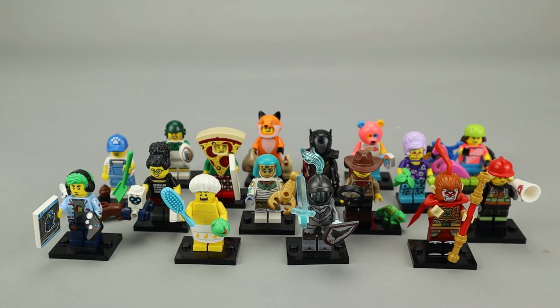The box distribution is fairly even, with a minimum of 3 of each figure, and some have up to 5 of each. Some of my favorites in this series include